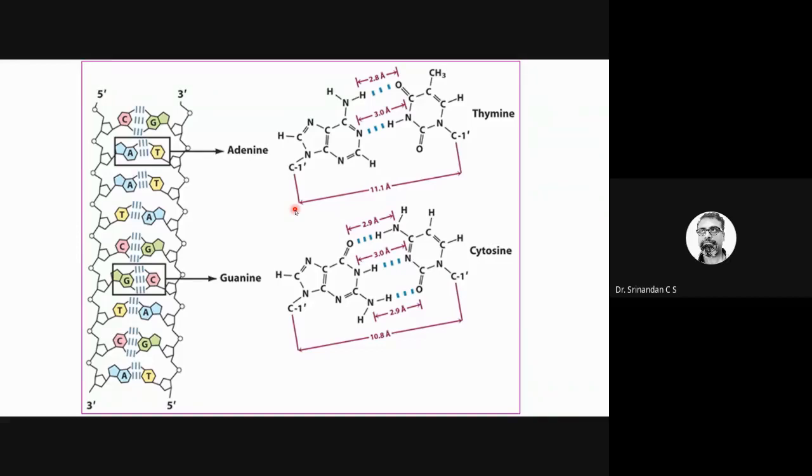Let's see who will answer. So again, A has 40% AT and 60% GC. Test tube B has 80% AT and 20% GC. When I give the heat, which will denature first, that is, break open the DNA strands, A or B? Who can answer? It is a logical question.